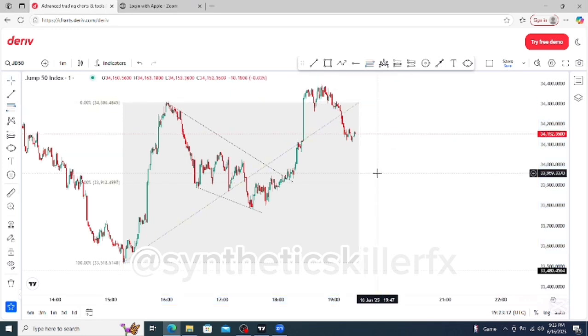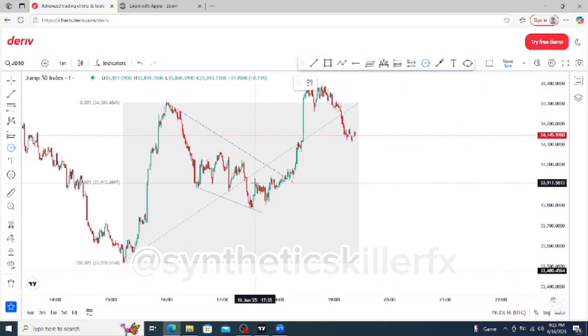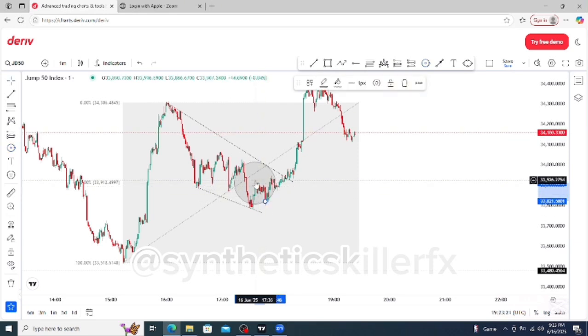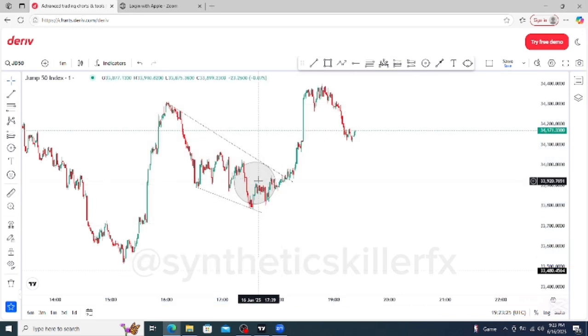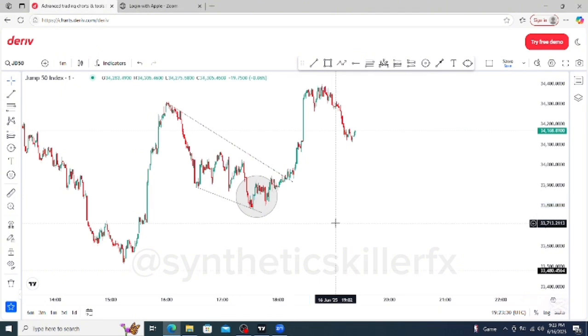We tested maybe the 50 to 61% level, which is okay, and I saw the price somewhere around that circle that I'm currently drawing. That's the area that I saw price trading, in this area. That's where I saw it, and I was like, okay, so this is a